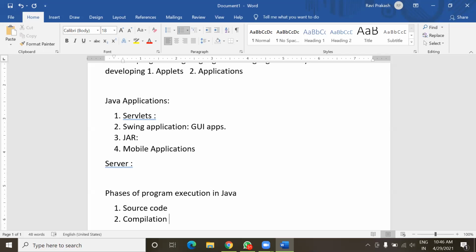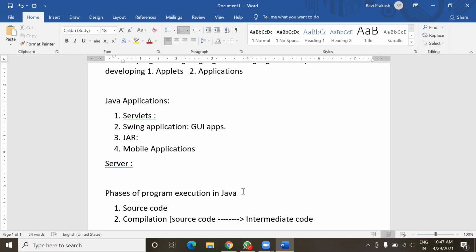In case of Java, during compilation, this source code gets converted into intermediate code. Intermediate code.